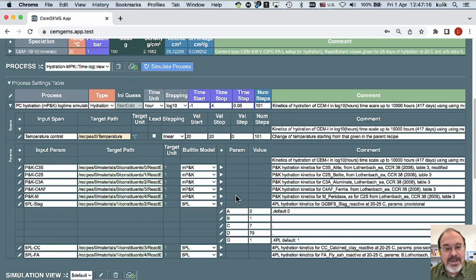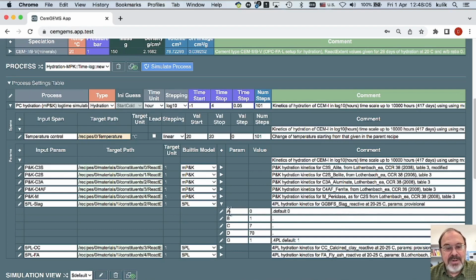Typically, this kind of model is used for supplementary cementitious materials, and in some cases also for clinker components, constituents, especially in calcium sulfoaluminate cements, where the Parrot-Killoh model is not actually applicable. In this case, the parameters are also named and can follow in any order, but strictly with those names: A, B, C, D, G. And in the documentation, you can find a description of this logistic equation and the meaning